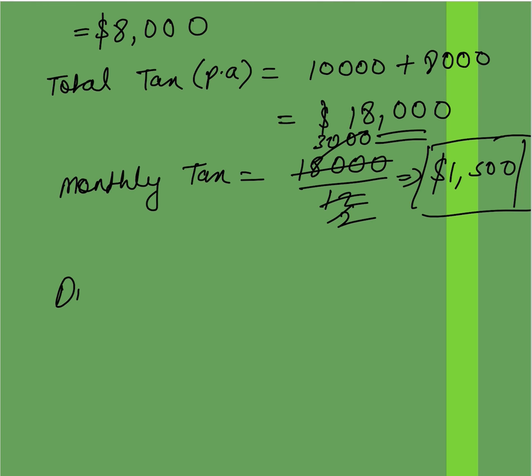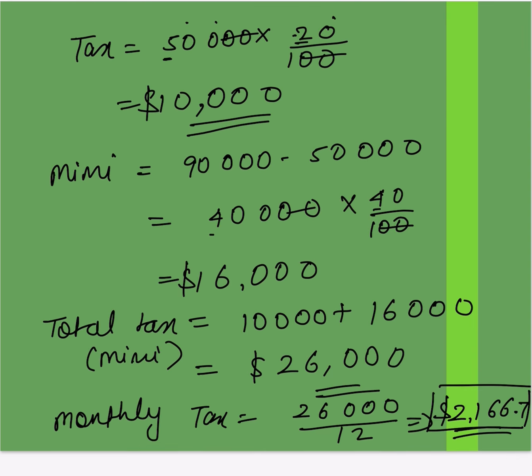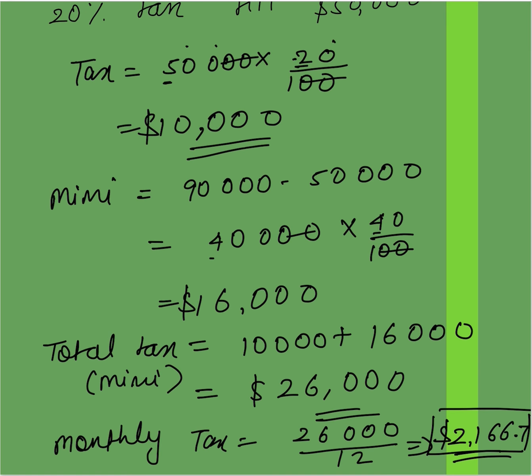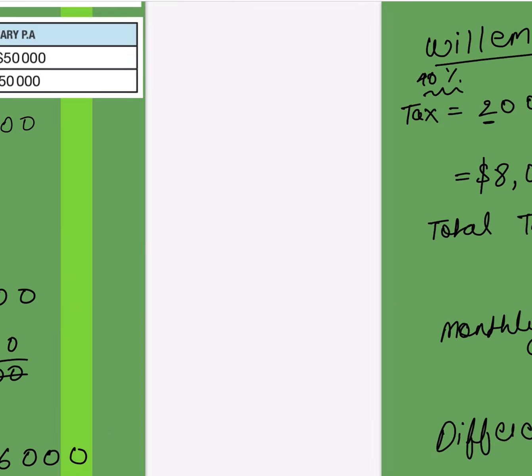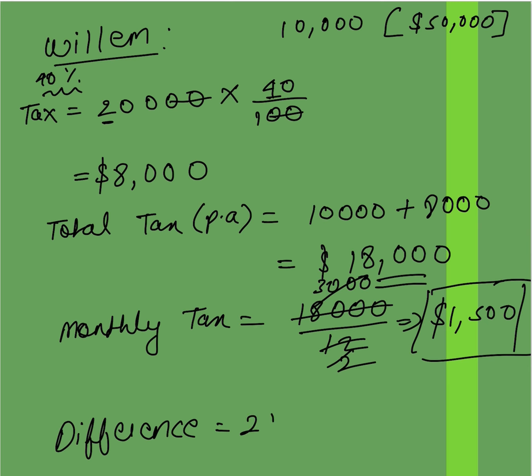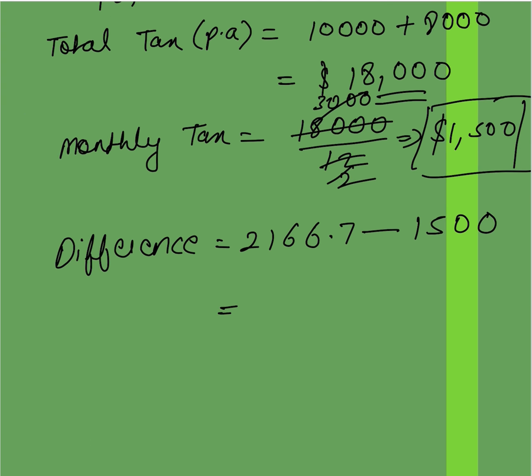So finally, we can calculate the difference. Difference will be how much? 2166.7 is the tax paid by Mimi. So let's write that: 2166.7 minus Willem is paying 1,500. And this gives us how much? 666.7 is the difference in their